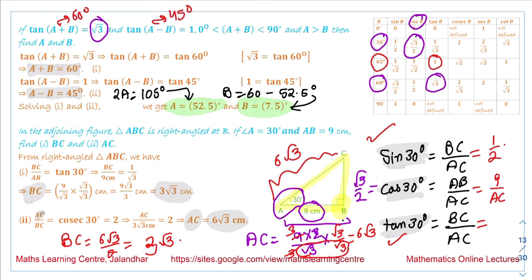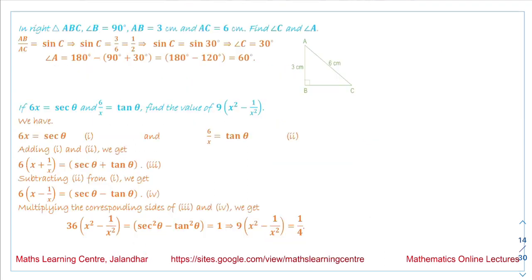Now next we have, in a right triangle ABC, the angle at B is 90 degree. This length AB is 3 centimeter. AC length is 6 centimeter. We have to find angle C and angle A. Now,